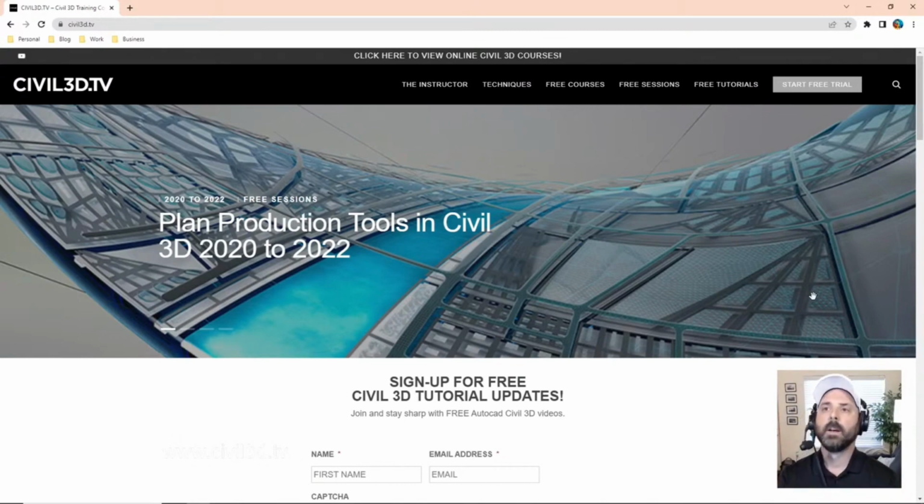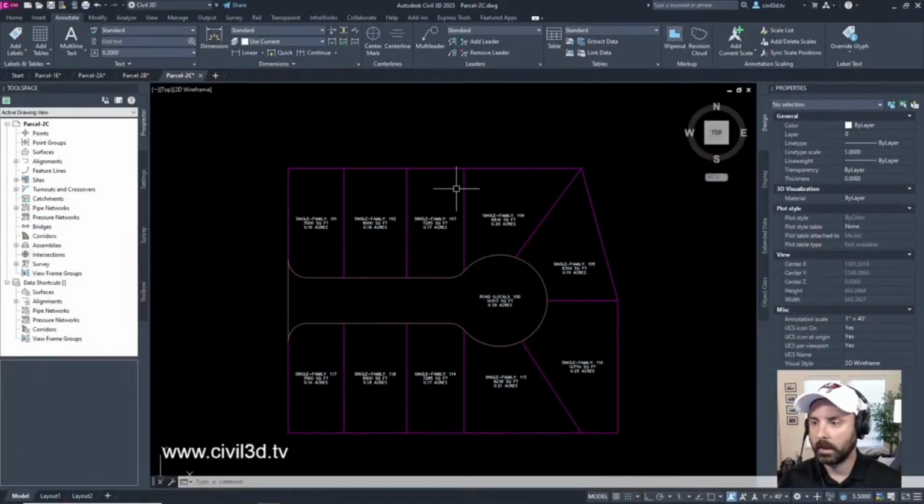But a lot of times what I would suggest as far as the use of parcels is to put parcels within their own base drawing. For example, if I shut this down, this would essentially be its own base drawing. You'll notice there aren't really any other Civil 3D objects within the drawing itself. There might be some alignments, if you're dealing with alignments when it comes to creating the parcels.